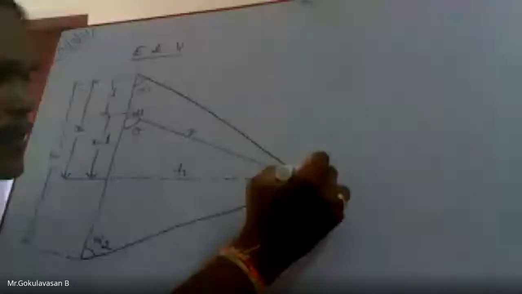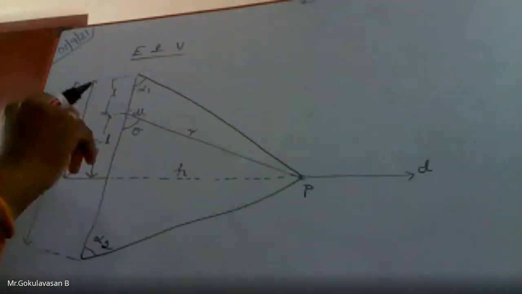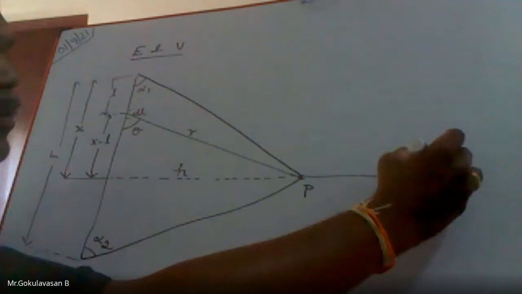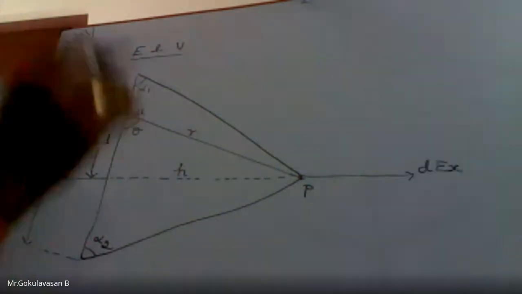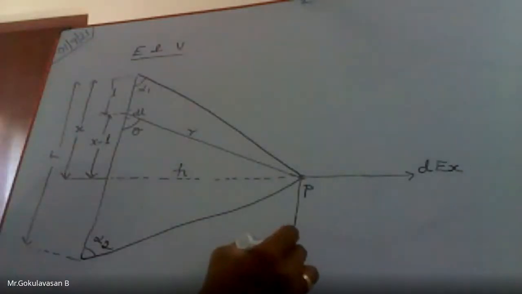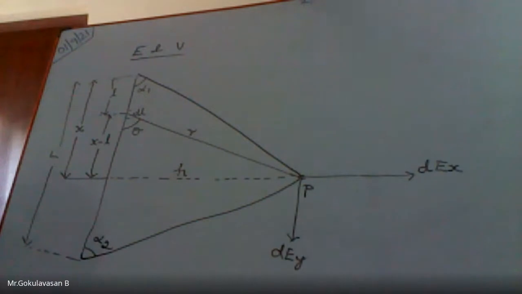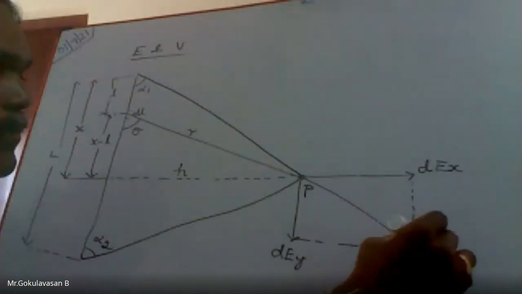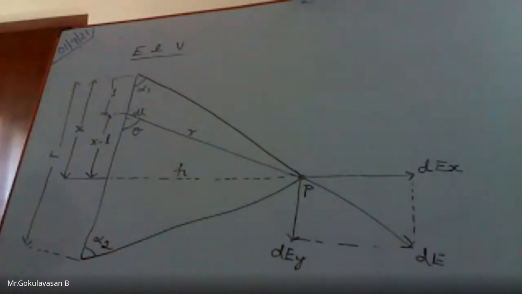So this is my x-axis, and I am going to resolve here. I am going to find the value of dEx, which is my x component, and I am going to take the y component in this way, dEy, and I am going to join these two things, and dE. You got the point? So now my focus is to find the